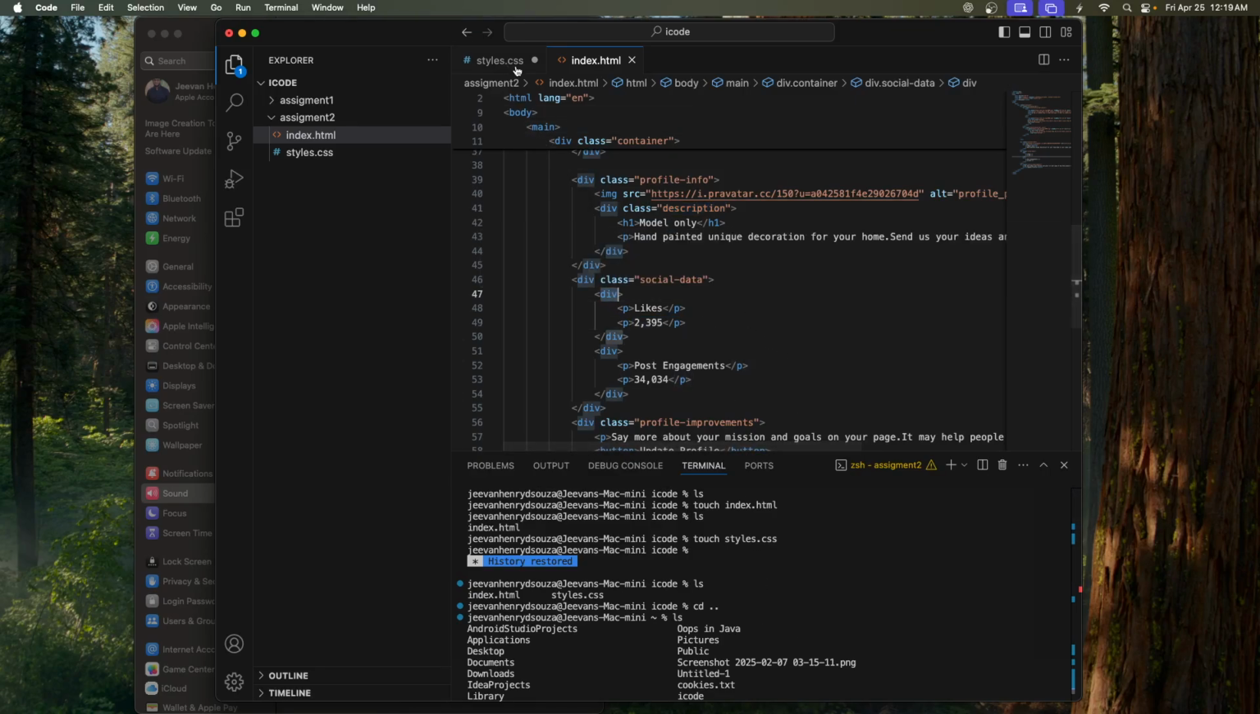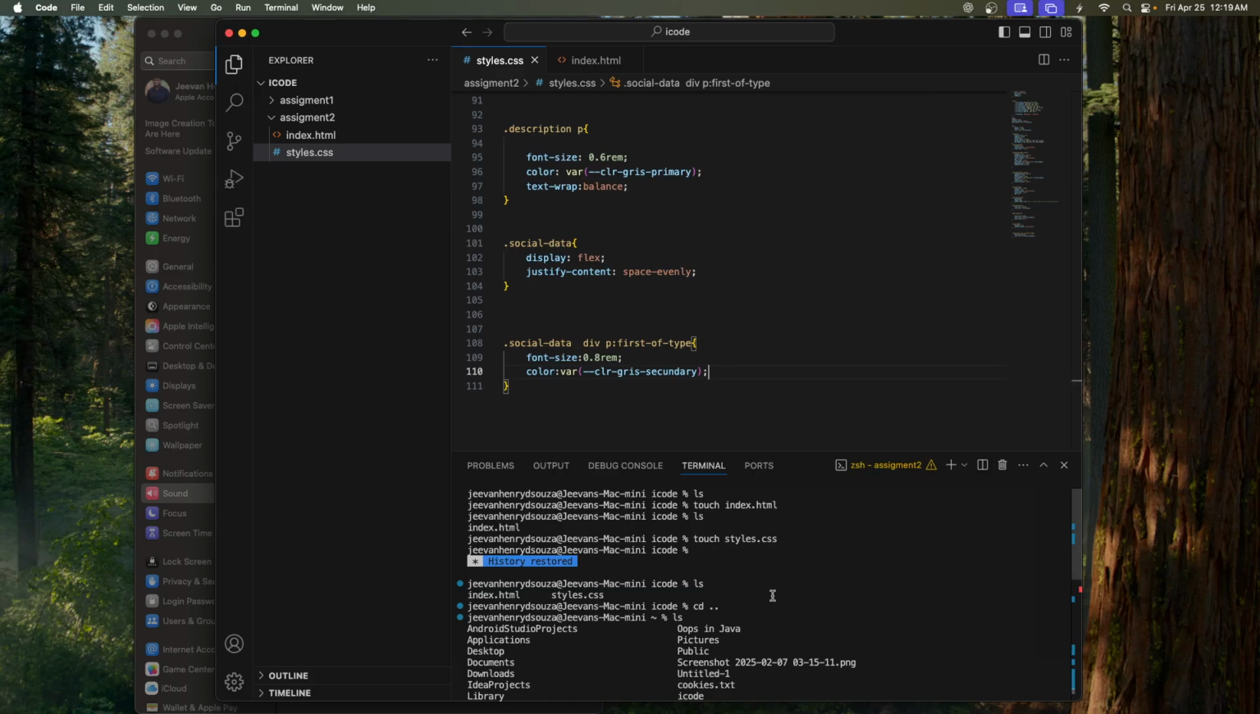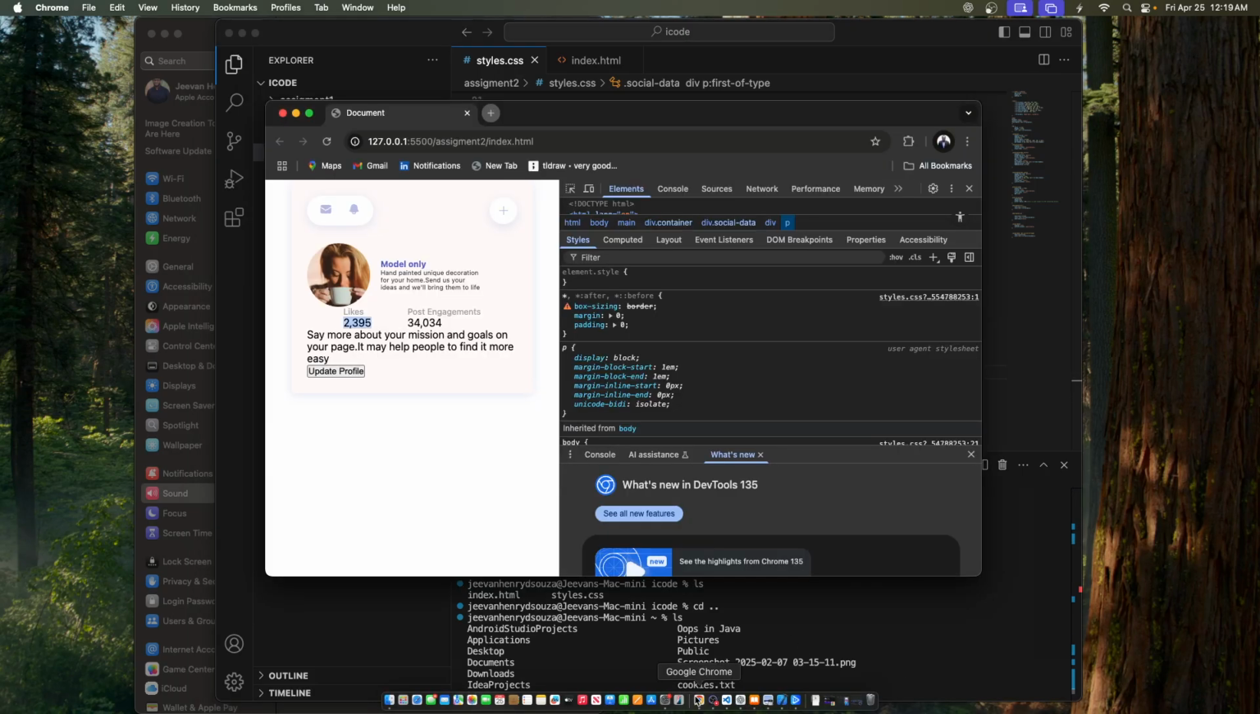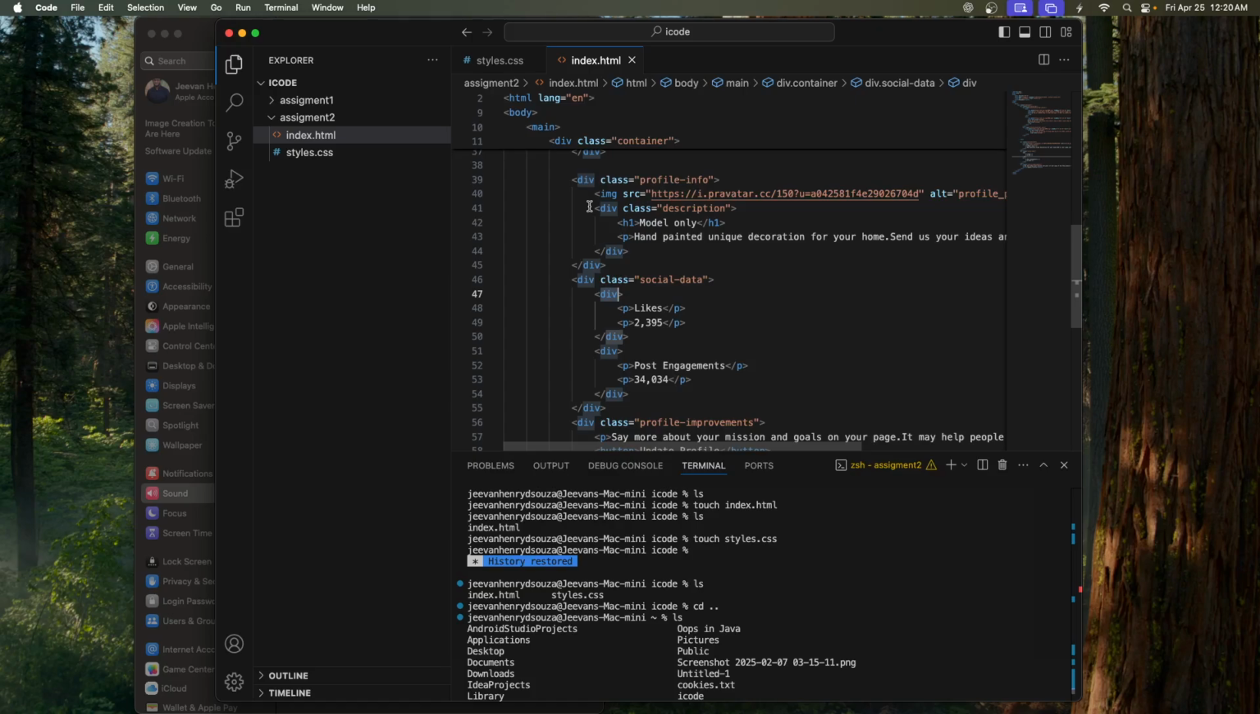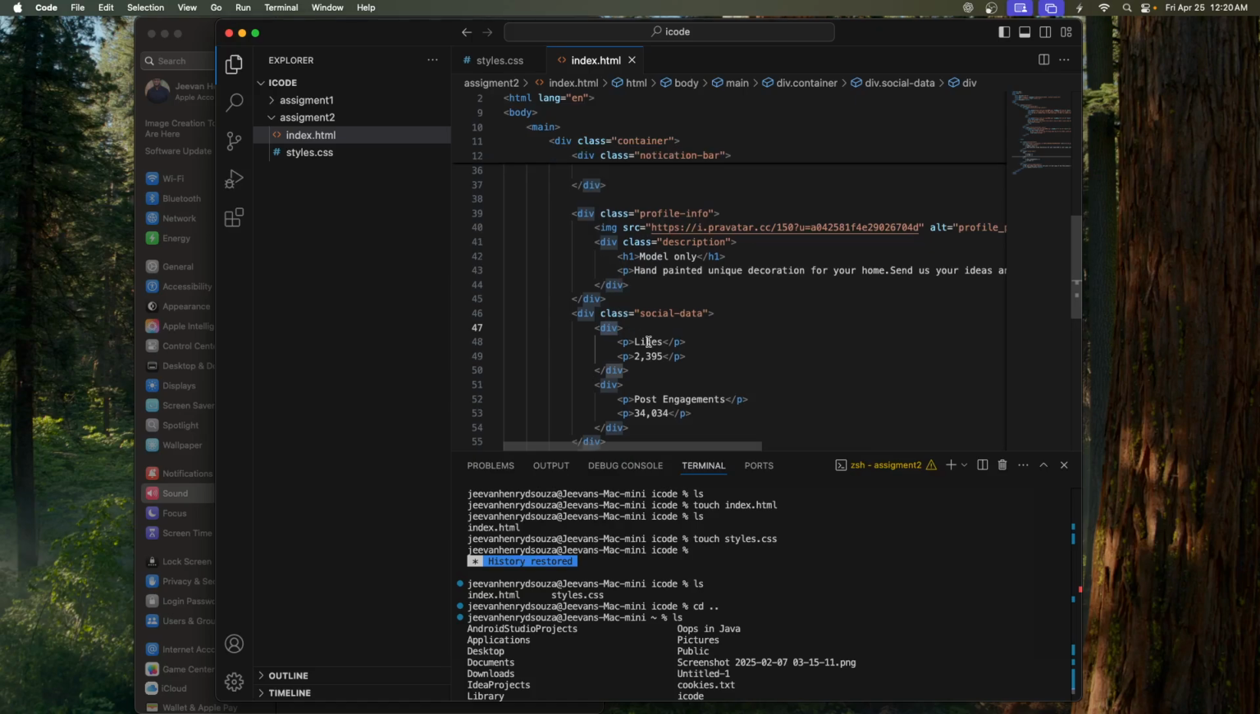Let's leave the effect. Let's go save this. So you see this color has changed, right? And then this has become a little bit different. So if I go here, inside social data, all the first siblings,